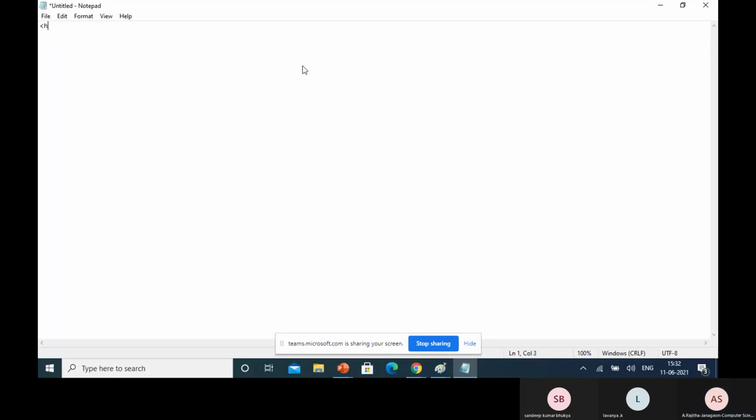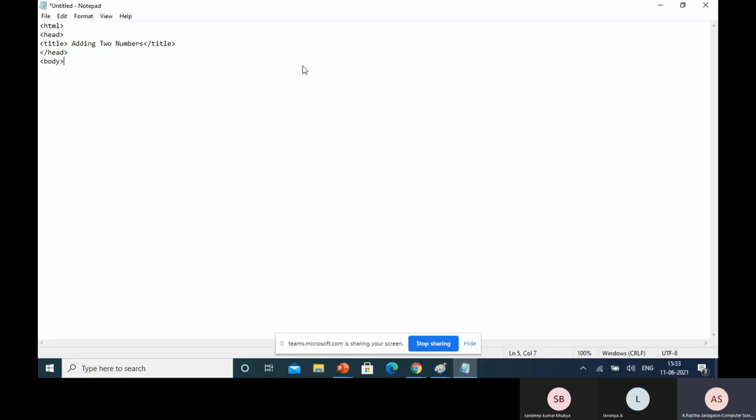So here, first see the HTML tag. In that head tag, I can type the title, adding two numbers, and then close this title, and after that close this head, then open body.